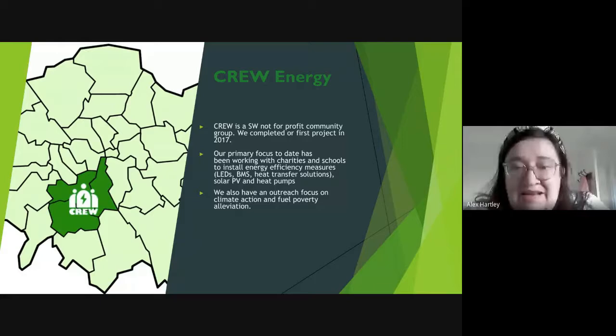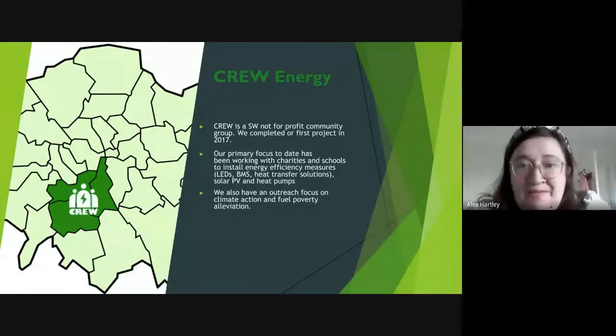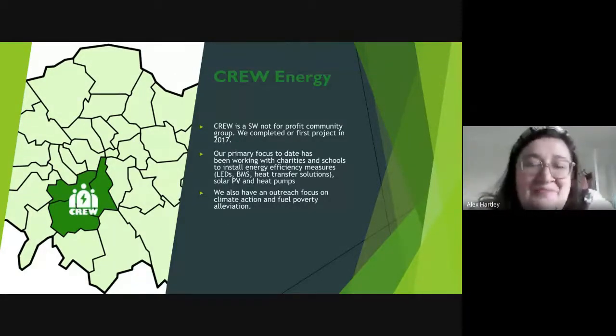So, firstly, a little bit about Crew. Who are we? Well, we are a community energy group that has been working away mostly in southwest London since our first project was completed in 2017, not 7. We work with organisations in the community, such as charities, local authorities and schools, to install